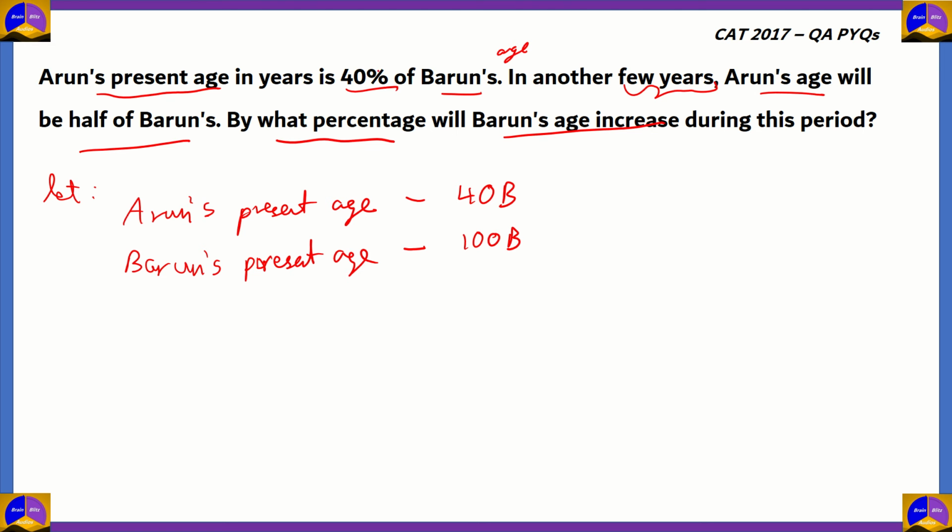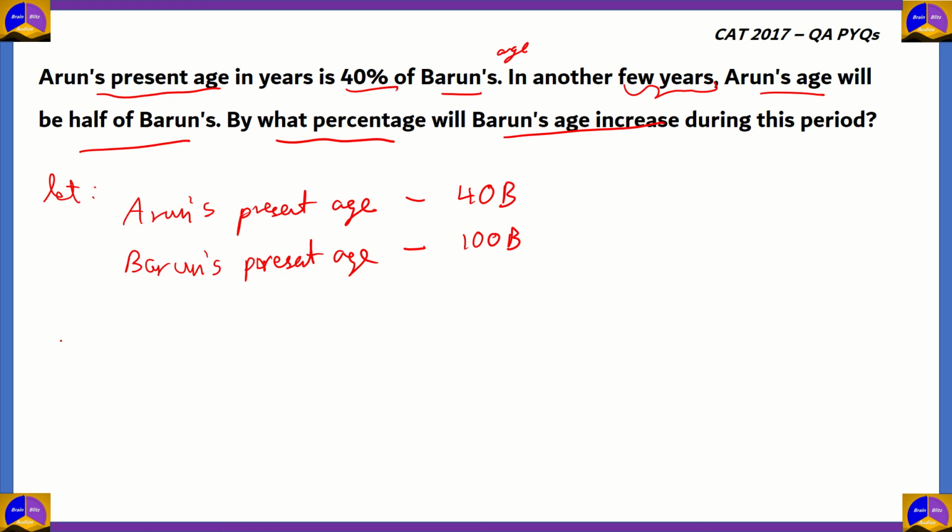Now, this is from the statement that Arun's present age is 40% of Barun's present age. So we'll consider Barun's present age as 100. So Arun's present age would be 40% of that, which means 40% of 100B would be 40B. Again, they'll put letters like B, C, etc., depending on the question, in order to put in placeholders that you